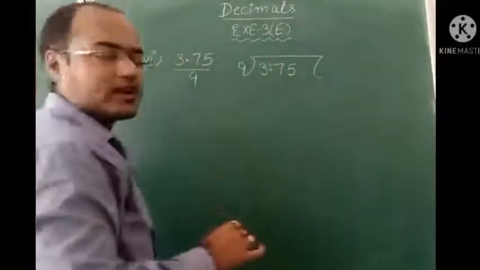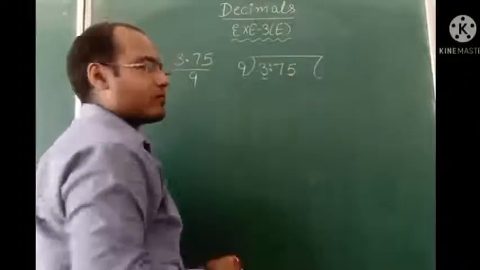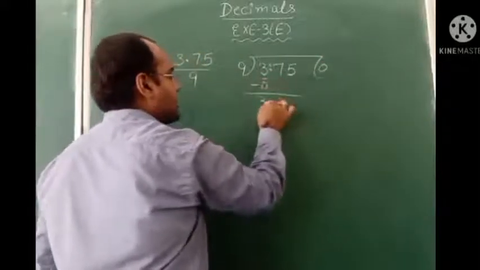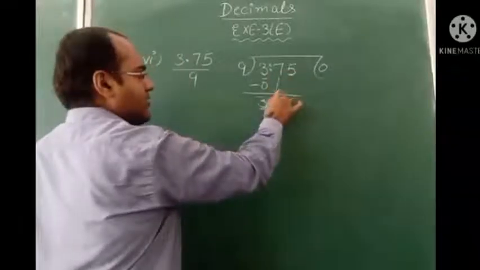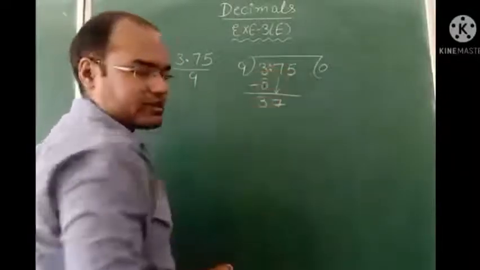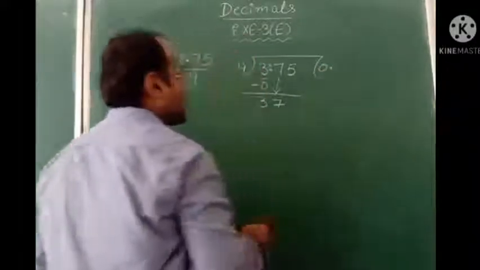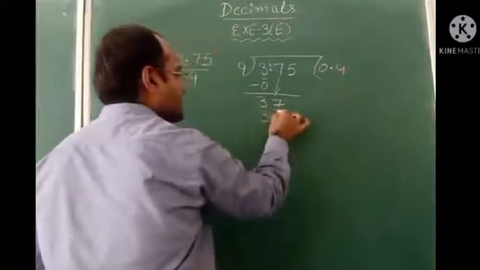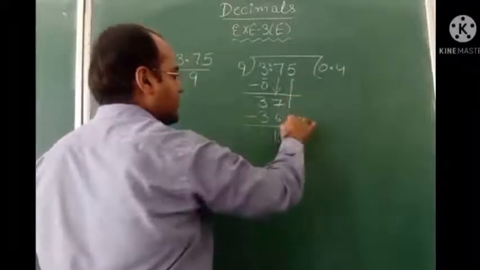with a table of 9. So here before the decimal 3 is written. So in a table of 9 3 is not coming. So what we will do? 9 0 ja 0. On subtracting it, remainder we will get 3. Now when we will bring this 7 down, before this 7 decimal is there. So in the answer also we have to put decimal. Now this is 37. 9 4 ja 36. Remainder is 1. This 5 we will bring down.